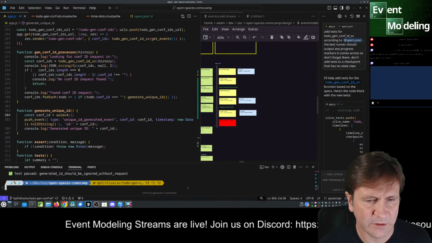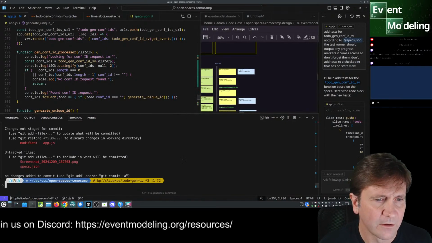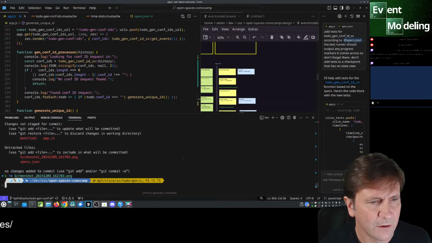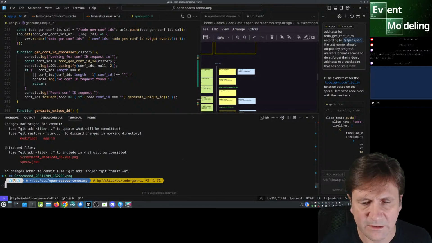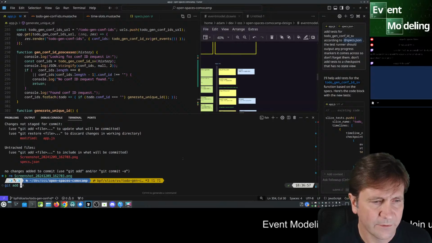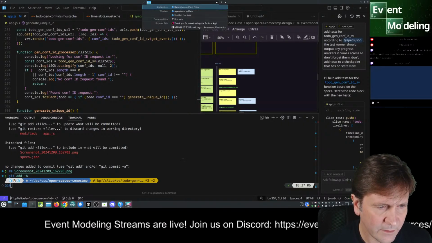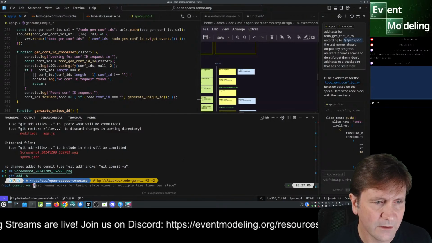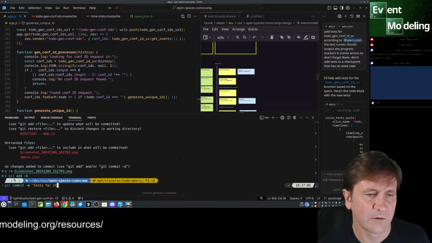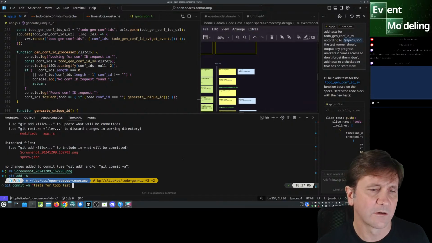So let's first get status. Let's see what we have in here. We have the screenshot, which I don't want. That was, and then we want the specs for now. I'm going to play around with them. So git add everything, git commit, and we say tests for state for to-do list finished